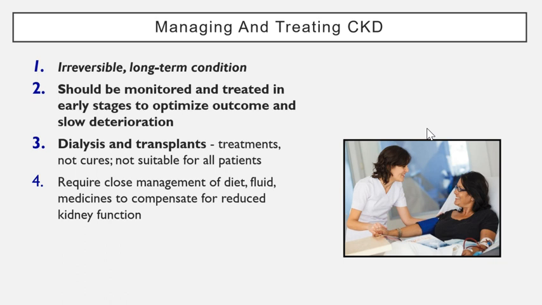So, chronic kidney disease is an irreversible long-term condition. It should be monitored and treated in the early stages to optimize outcomes and slow deterioration. And when people have this, you have to go through dialysis, which is just like a machine that simulates kidney function, that will remove the nitrogenous wastes and regulate the ion and pH levels in a way that, if you don't have a properly functioning kidney, will restore some normalcy to your body levels. And then transplants, where you just get someone else's kidney,